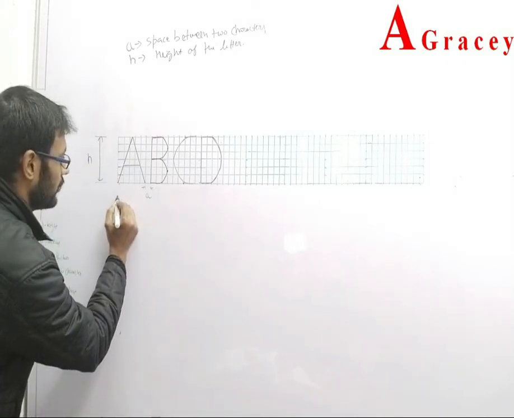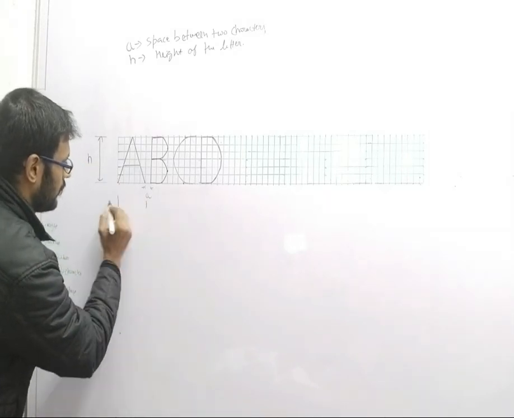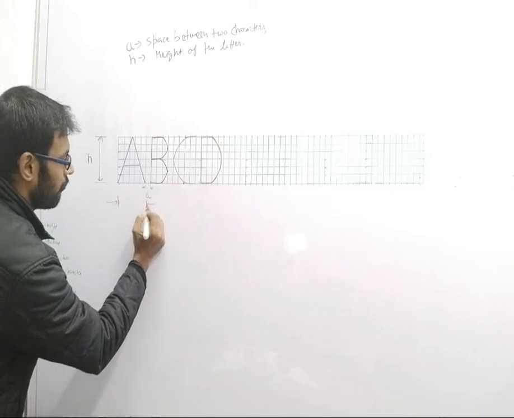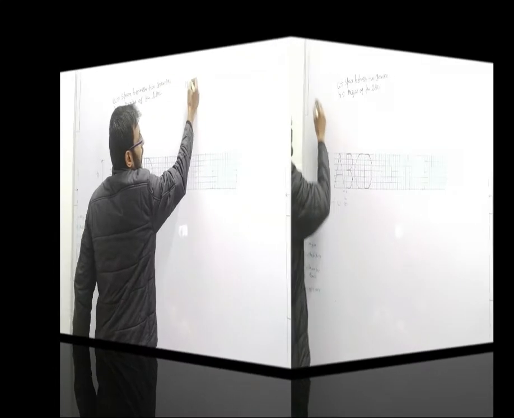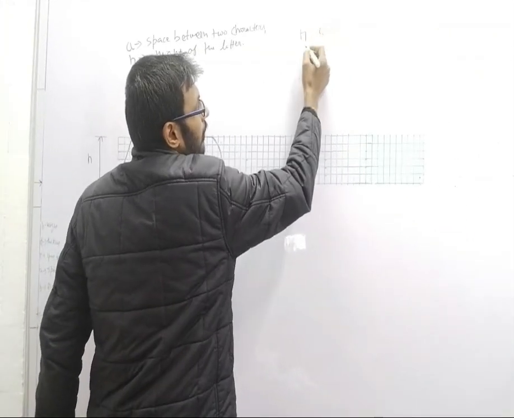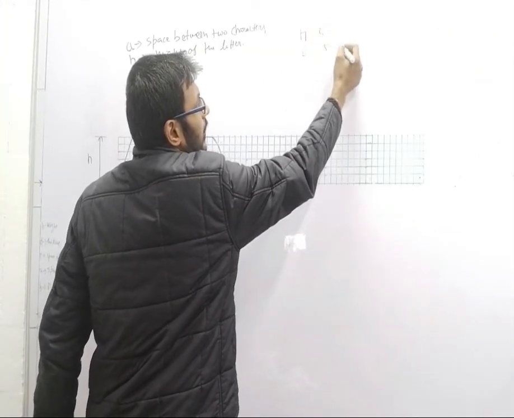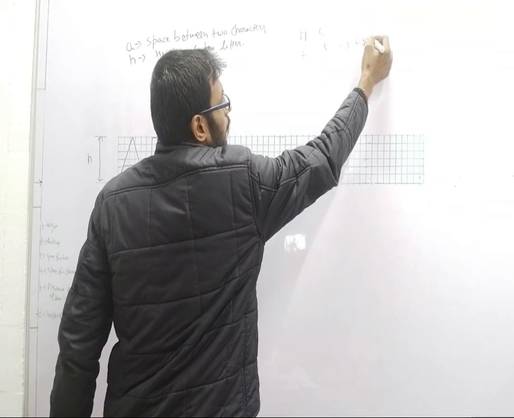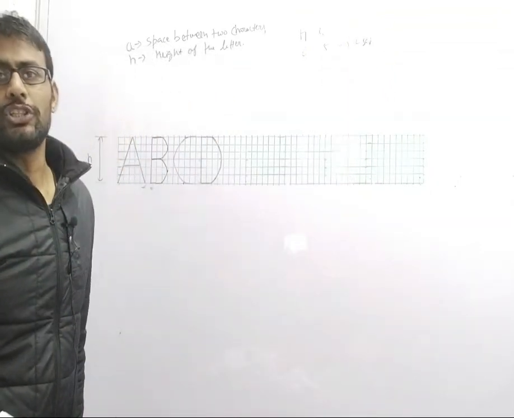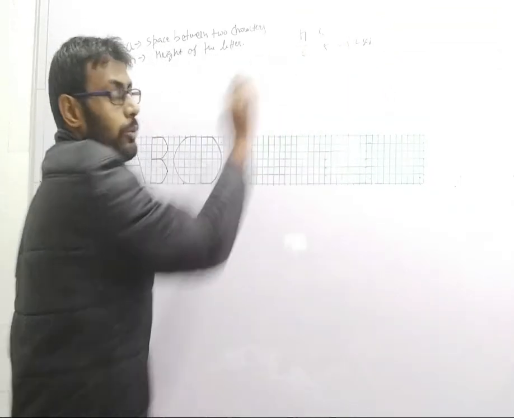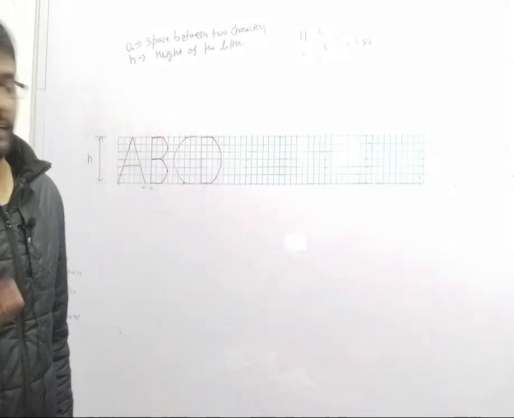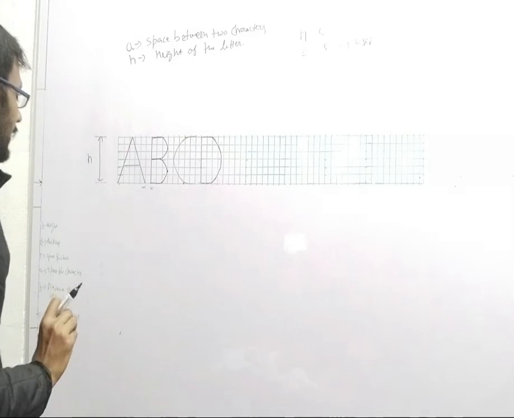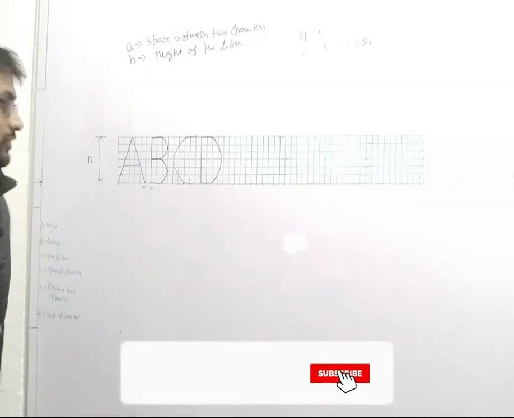The second thing here is, what will be the ratio for the height and the width? So this is your width of the character, this one W. So H is to W, having 6:5, we widely use. We widely use 6:5, where H is the height of the letter and W is the width of a single letter. Okay.